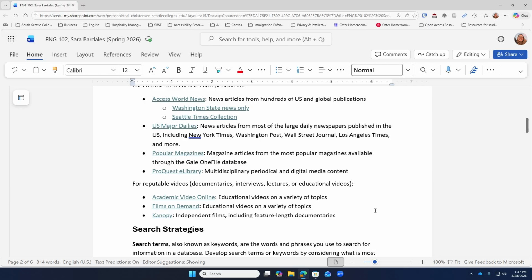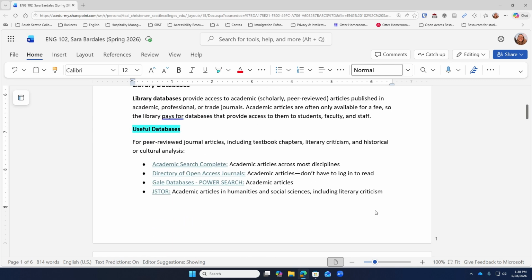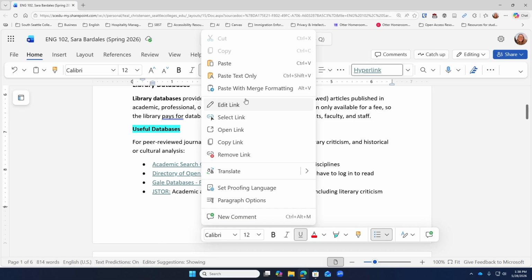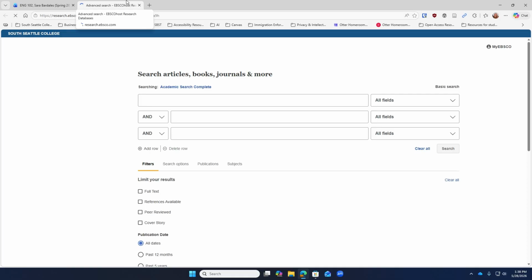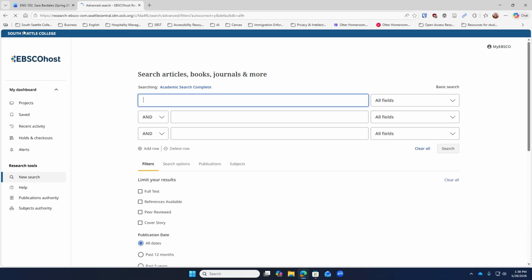So I'm going to go ahead and open up one of these so that we can look at it together. I'm going to start with Academic Search Complete. It has a bunch of different disciplines that it covers, so it's just a good place to start. If I click on the link on the document, it's going to take me to our South Seattle College